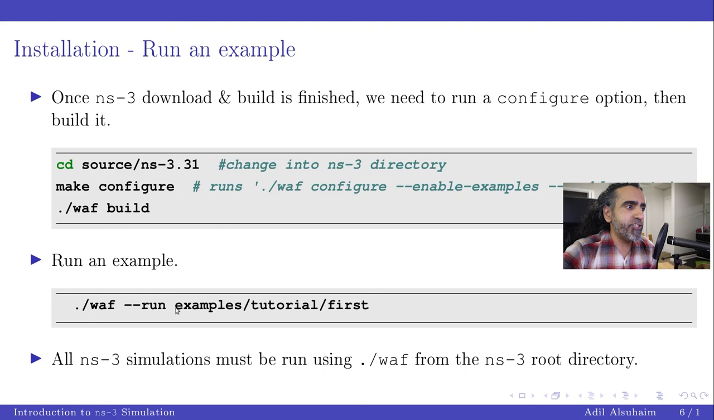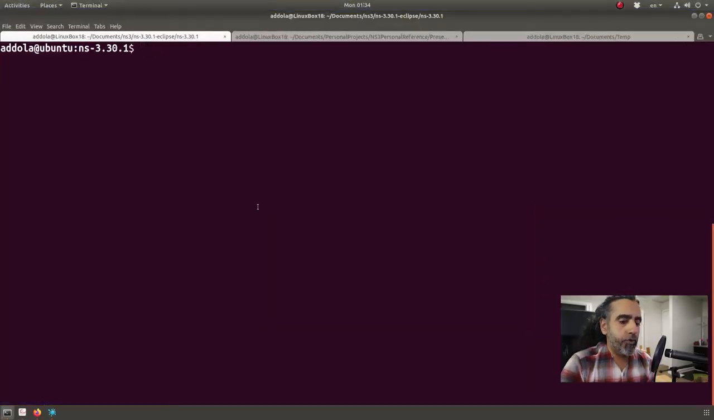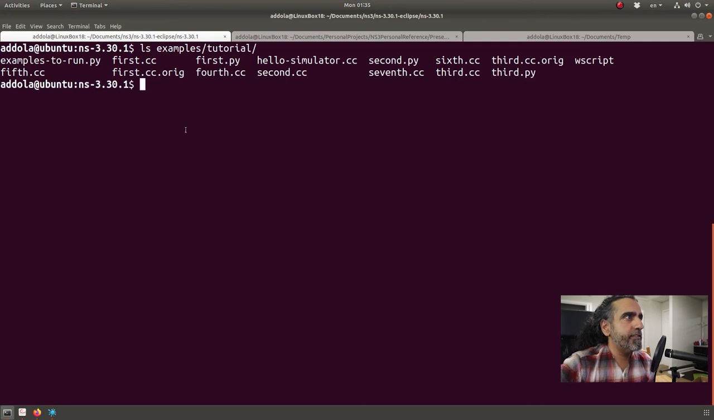run waf --run examples/tutorial/first. Let me get into this directory and show you where this is. Examples, tutorials, and it is this first.cc, but there's also something called a wscript file, which is actually written in Python but without an extension. If I examine this file,